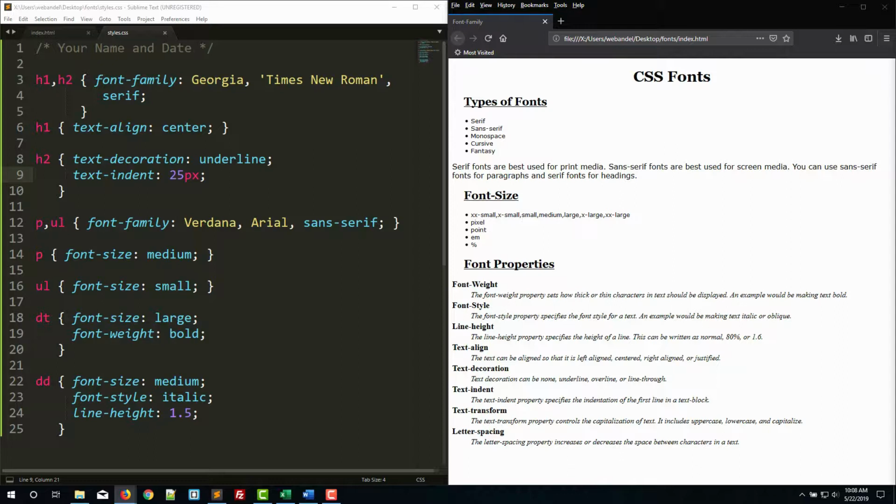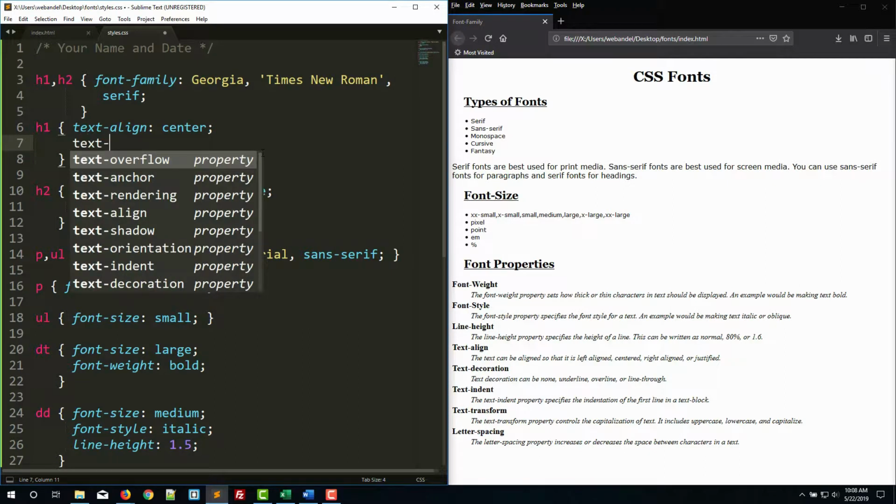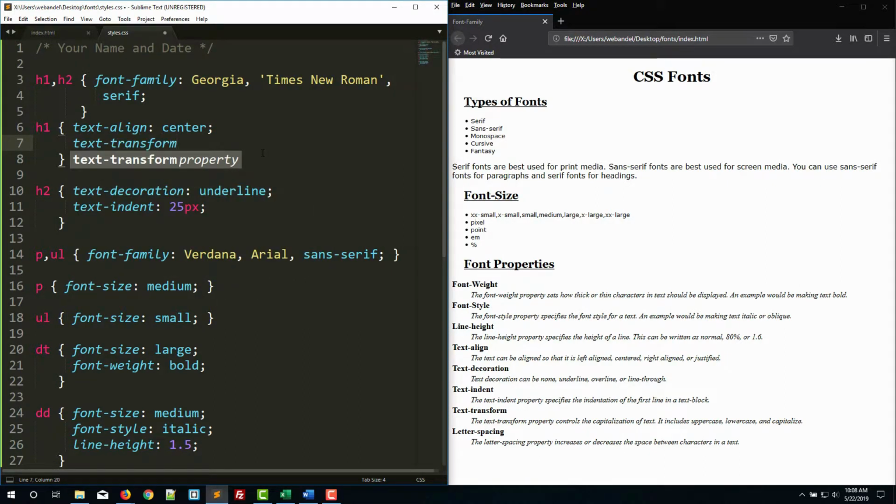Text transform. We could do this for our H1. What's handy about this is, let's say you had your style sheet and somebody had already written all the copy for you. You are copying and pasting it directly from a Word document. You could type in text transform and then